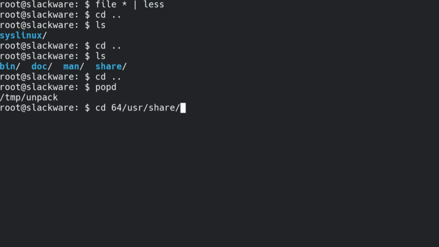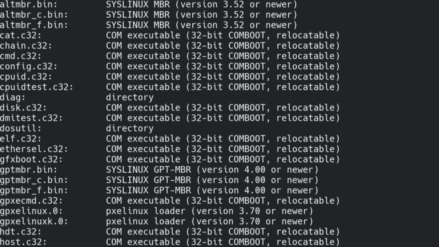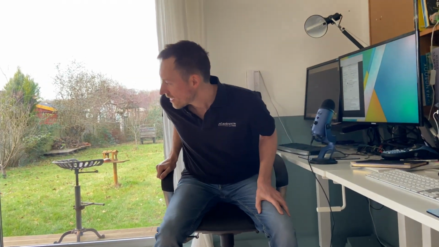Right, 64, usr/share/syslinux. File star. 32-bit, 32-bit. So what I've discovered is that we don't have divergence within SysLinux. In terms of the tool, that makes it easier. There's simply less work to do to handle two different packages. So that's good. So now is the fun part, because if you have a look over here,